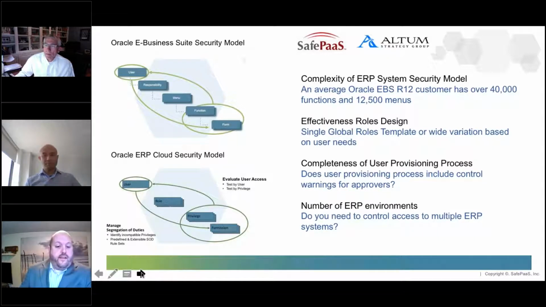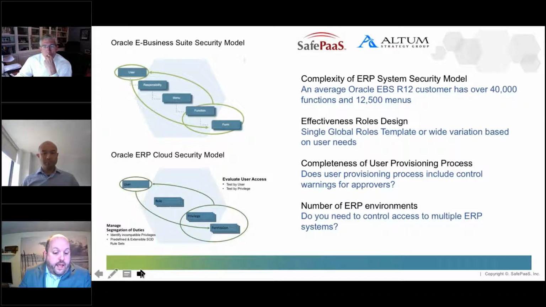Well, thanks, Scott. That's a really great overview of the key points we want to talk to in the assessment. So with this slide, let's jump right into some of the security models that we often see in modern ERPs. On the left, you'll see an example of the Oracle E-Business Suite security model, and you'll see the multiple layers in each of the different approaches. Starting at the top, users, responsibilities, roles, and privileges, and we really see the complexity of the access models in the Oracle suite,